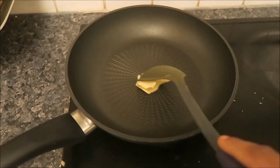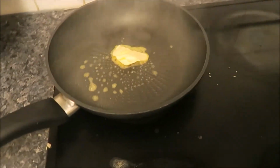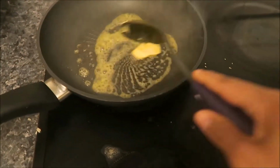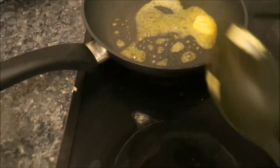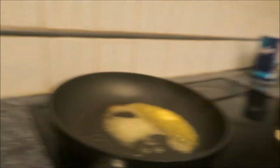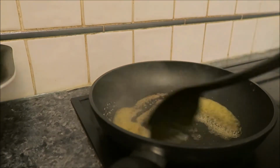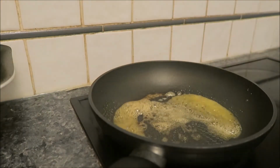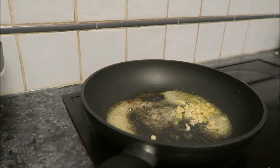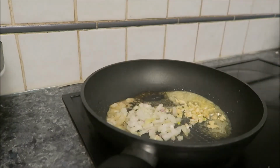Okay, so in this pot I'm going to go ahead and put a little butter in here. Just let this melt. Need to turn down my flame a little bit. And then I'm going to add 3 main ingredients which I have on the side. I'm going to add some garlic, and I'm going to add some white onions,